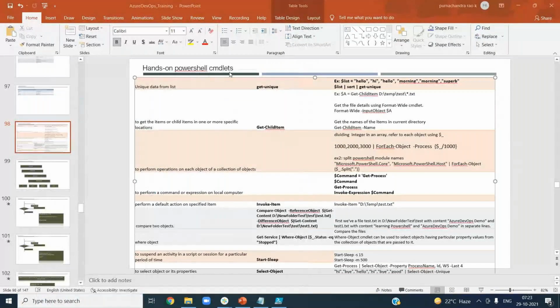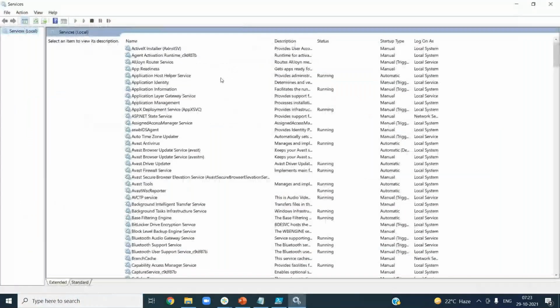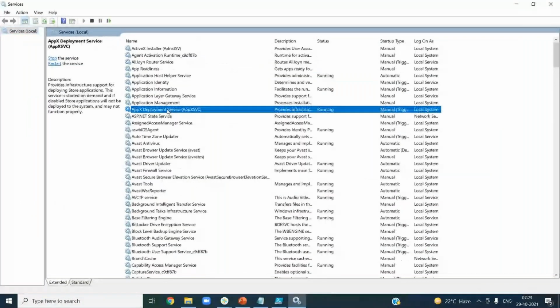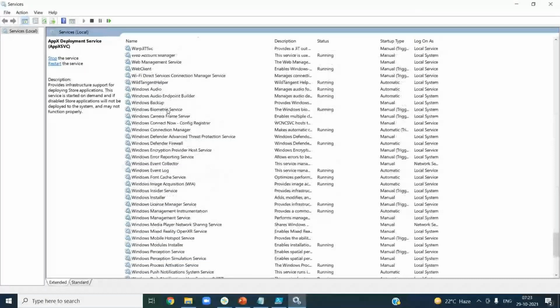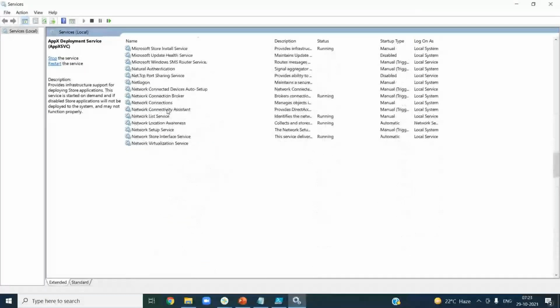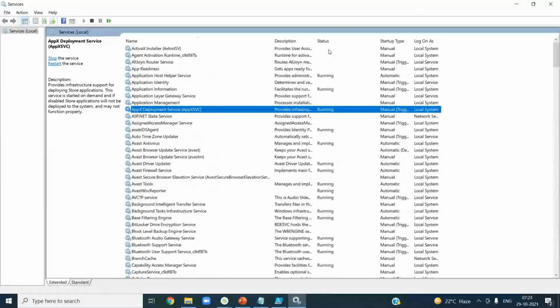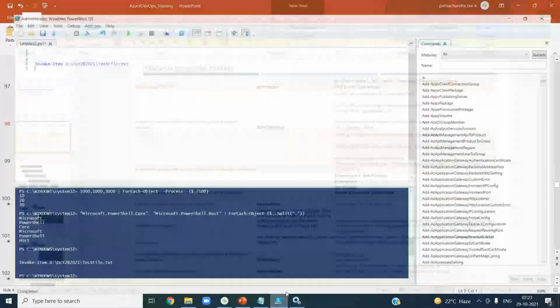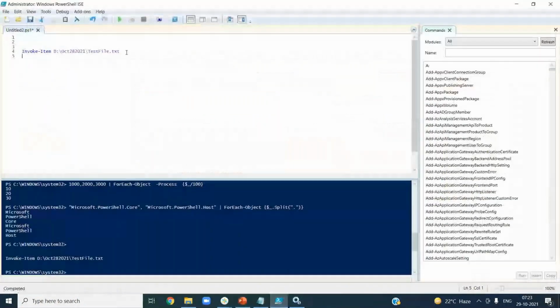If you want to see all the services that are running on a server, services.msc basically shows you all the services running on your server or laptop. Some of them are running, some of them are disabled, some of them are started. Like this you can see. So you can list out all these things as well. How do you list them out? So you go here. The command that you have is Get-Service.